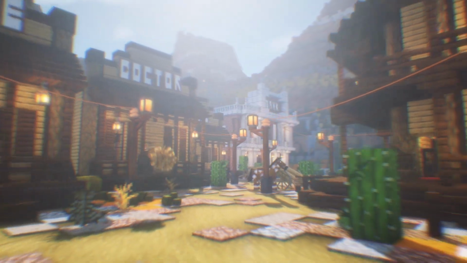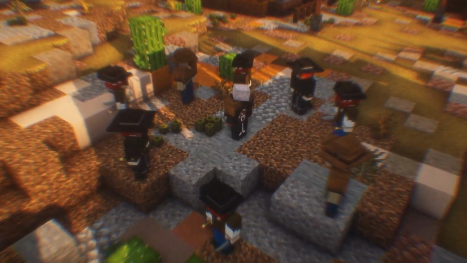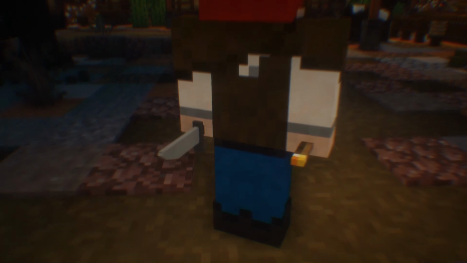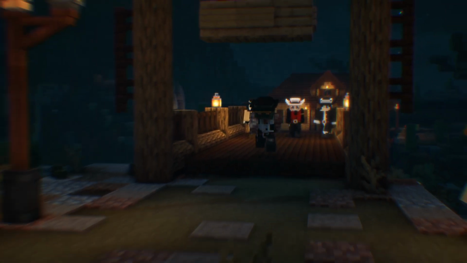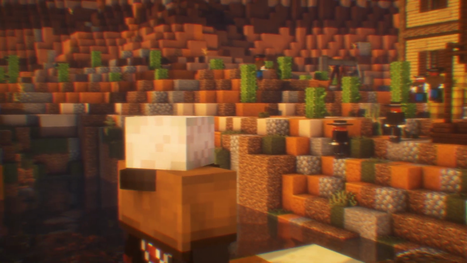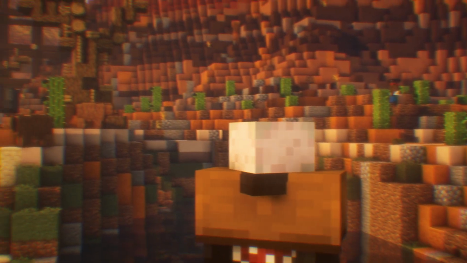I knew I wanted to make the whole town hostile, so I started by adding bandits. These guys wouldn't take too kindly to visitors in their town, and armed with knives and pistols, players would soon discover this wasn't the friendliest town on the railroad. On top of the bandits defending their town, players would also have to keep an eye out for the town's